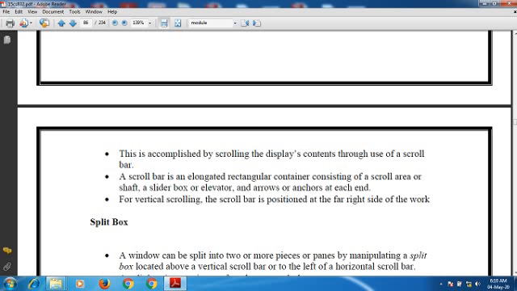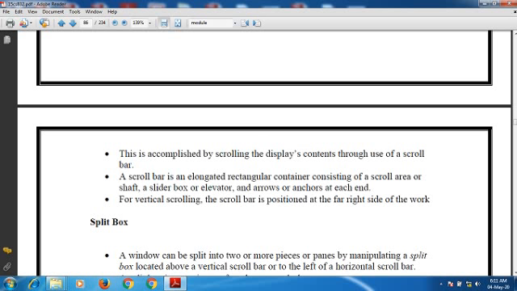A scroll bar is an elongated rectangular container consisting of a scroll area or shaft, a slider box or elevator, and arrows or anchors at the end. This is the scroll bar, so that you can scroll down to the next page.